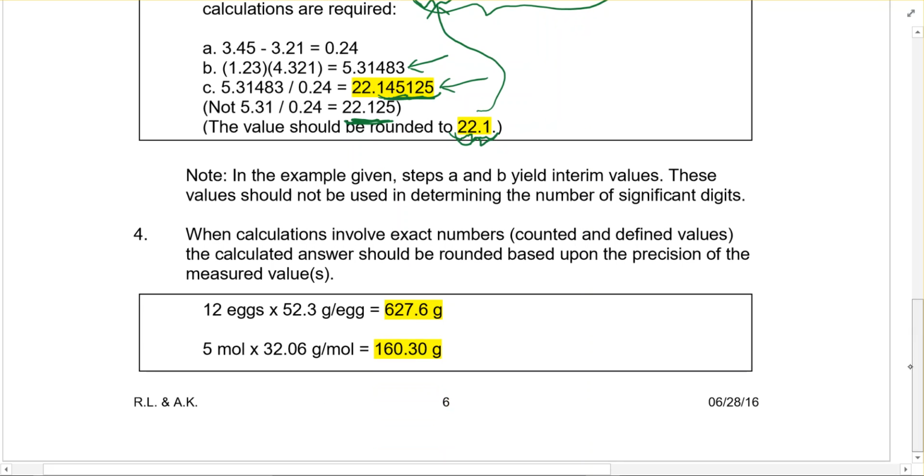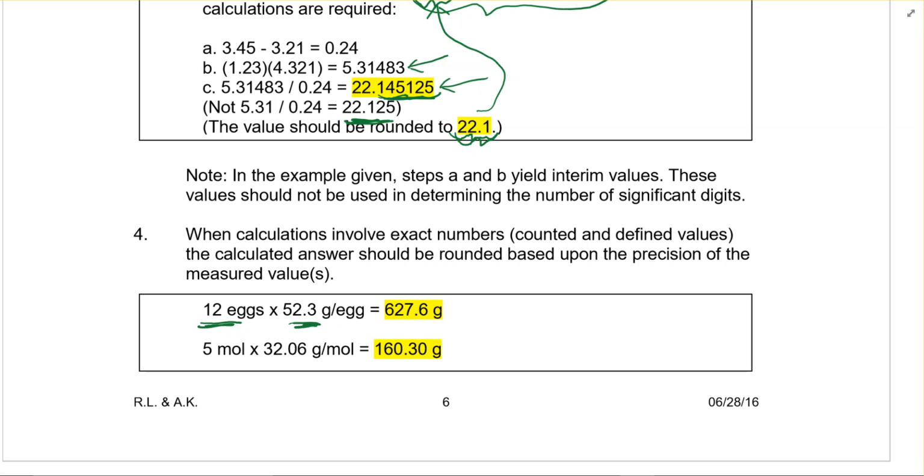All right. Okay, so last thing for significant digits here is that if you're doing a calculation, though, that involves exact numbers, something like 12 eggs, you can't have 12.2 eggs, or you could, but that wouldn't make much sense in this case. If you're doing whole numbers like that, you just don't include that in your lowest significant digits, right? So if I had 12 eggs times 52.3 grams per egg,